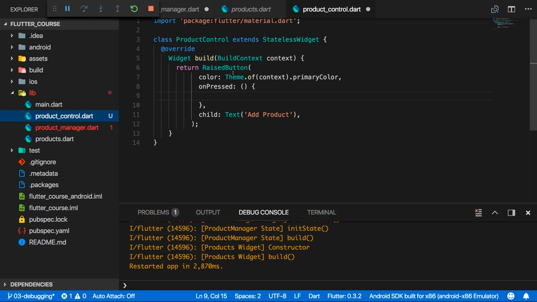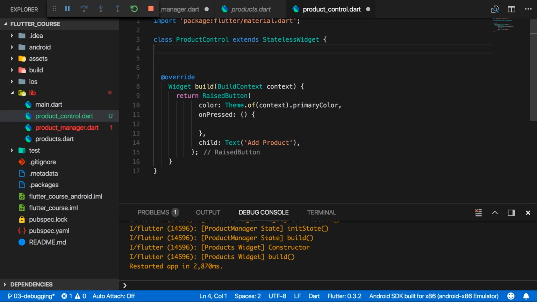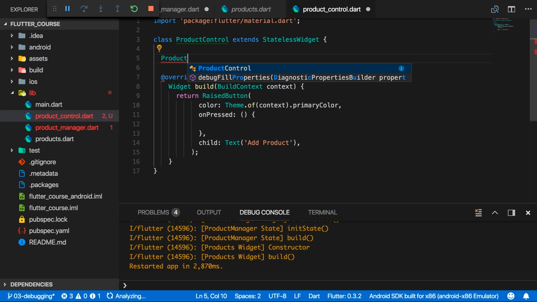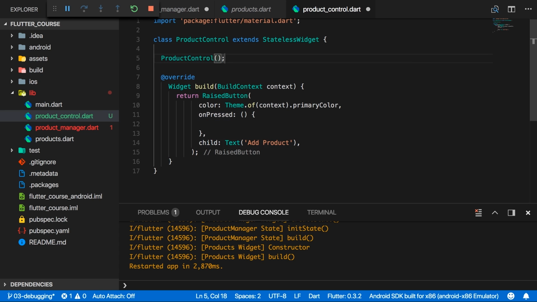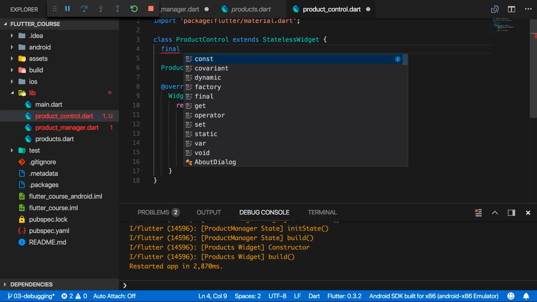Now I can go to the product control and expect this as an argument to the constructor. So I will add the constructor here, and I want to receive that function reference and store it in a property of that class. For that, I'll create a new final property, which should never change except for when this widget is recreated. And I'll name it